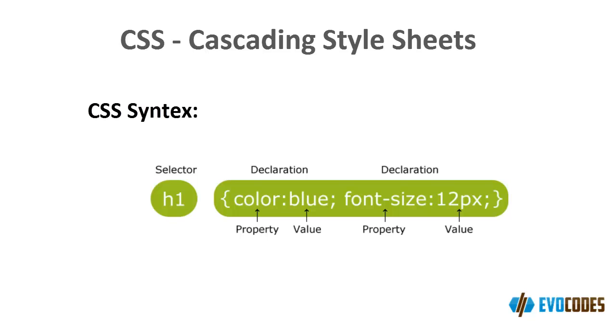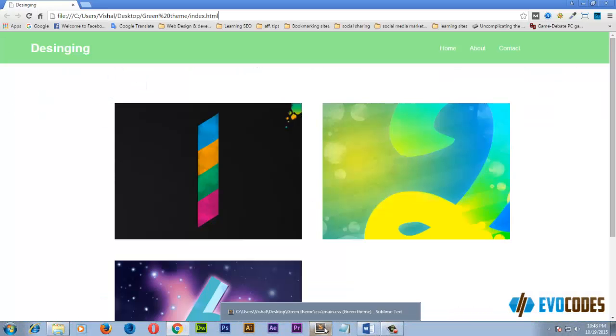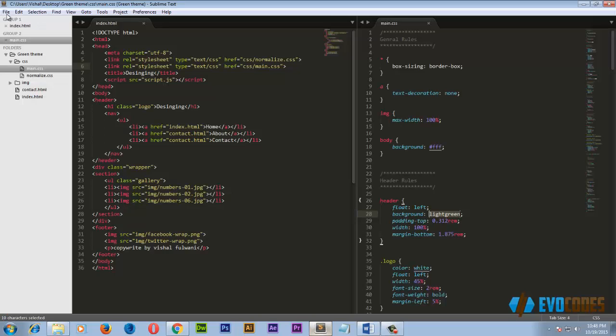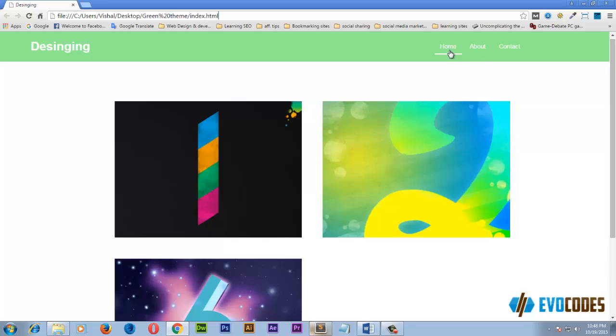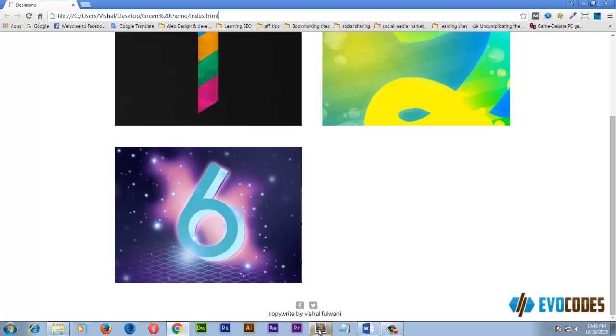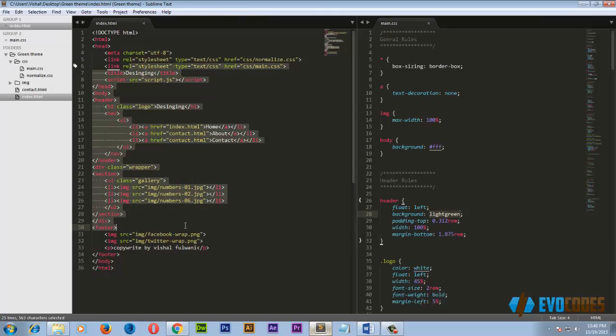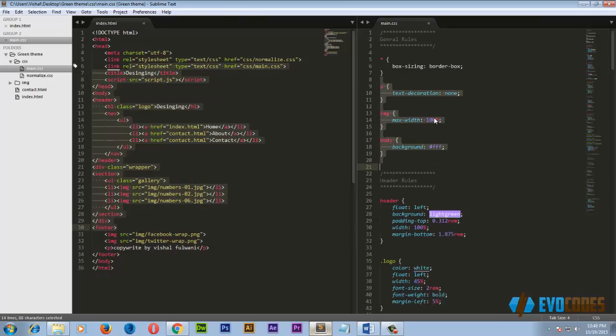Now I will make you know a simple example of CSS and HTML which I have made by making use of a text editor. So I have made it by making use of HTML and CSS coding, and the layout is very simple. So see this CSS coding which I have done.